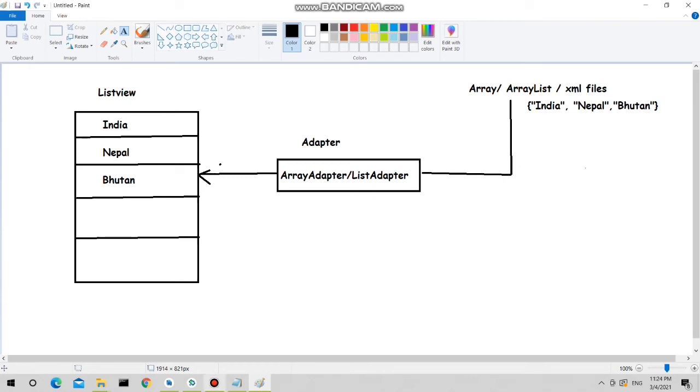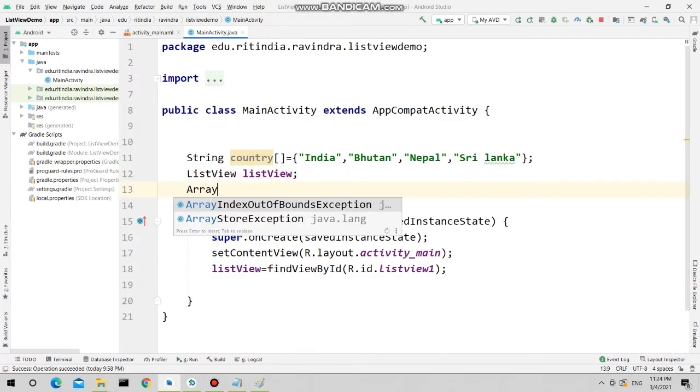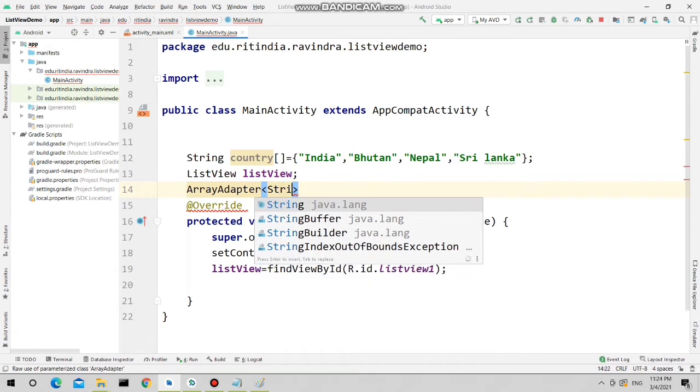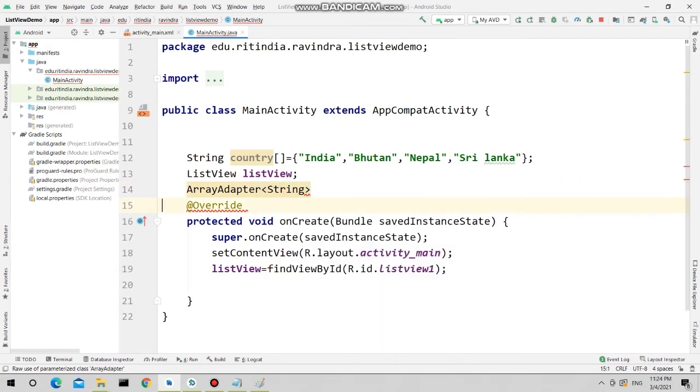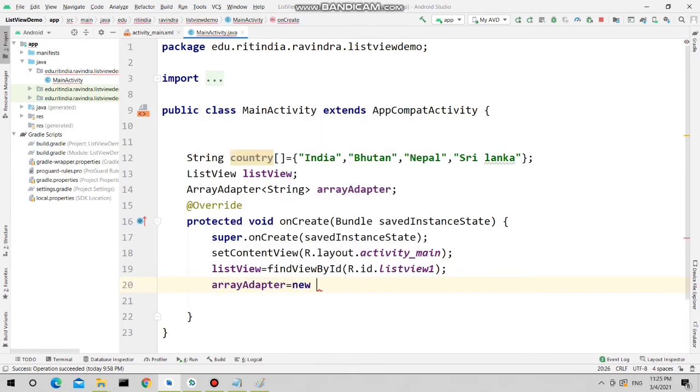Now we require an array adapter, so create an array adapter. It is a generic, and I am setting the type of item as string. Now initialize this array adapter by creating the constructor.